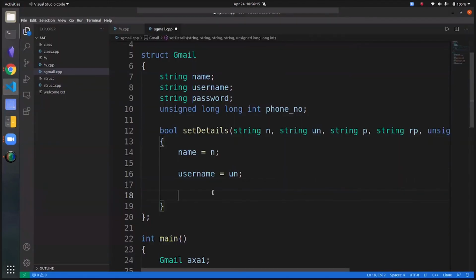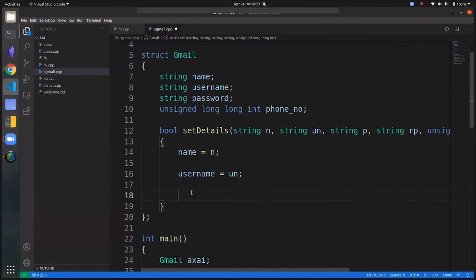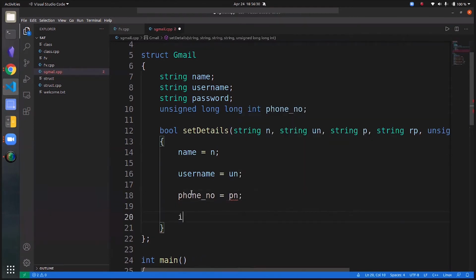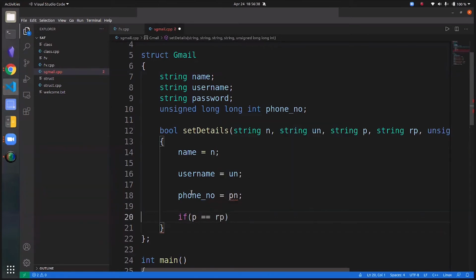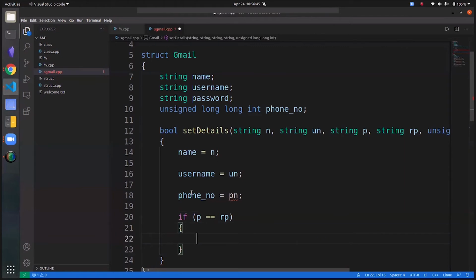So what we have to do here is, and yeah, let's set the phone number as well before I do the next step. Phone number is equal to PN. Okay, and finally, what we can do is if P equal to RP, if password is equal to repeat password, then do two things. The first thing is set the password equal to P, and next you have to return true.